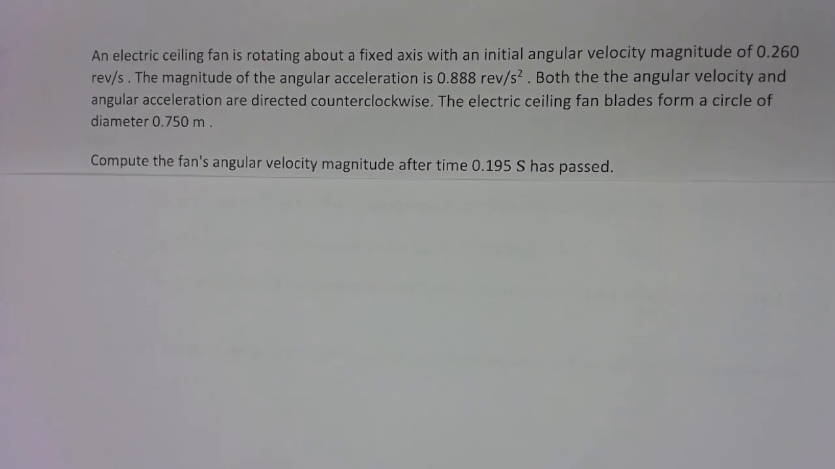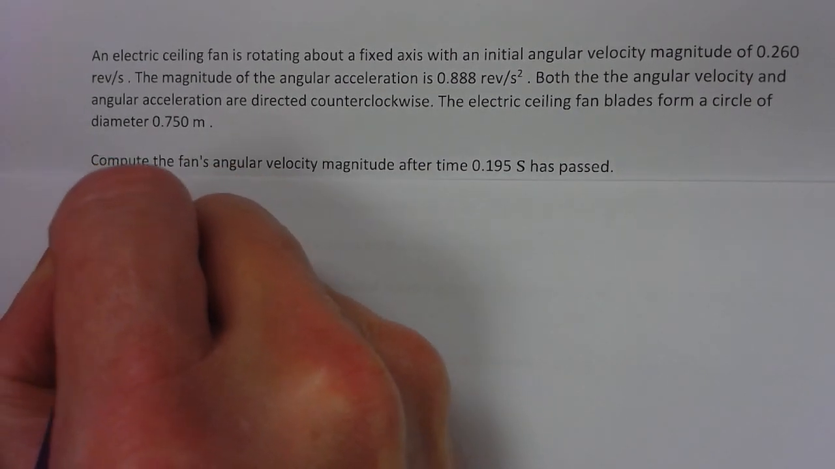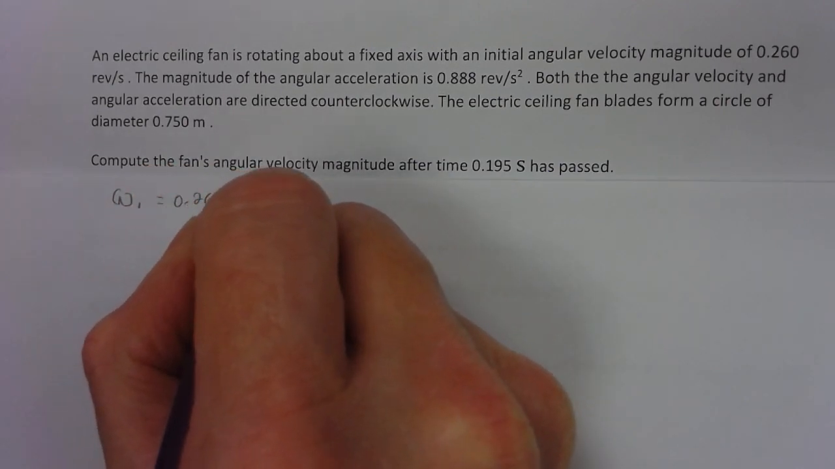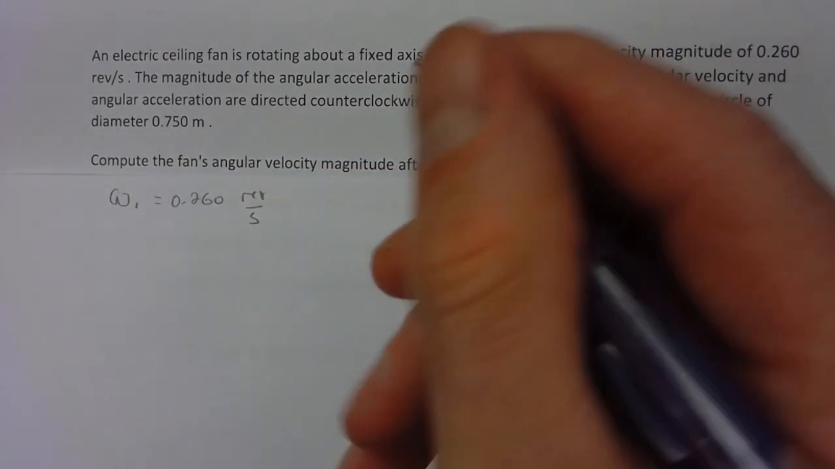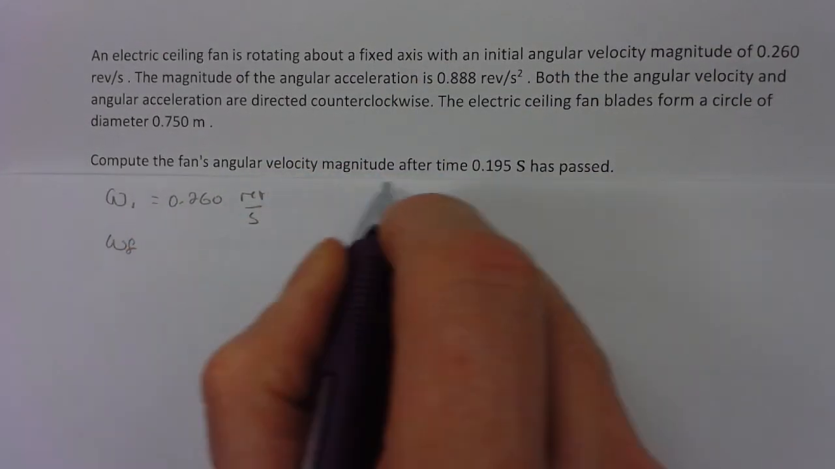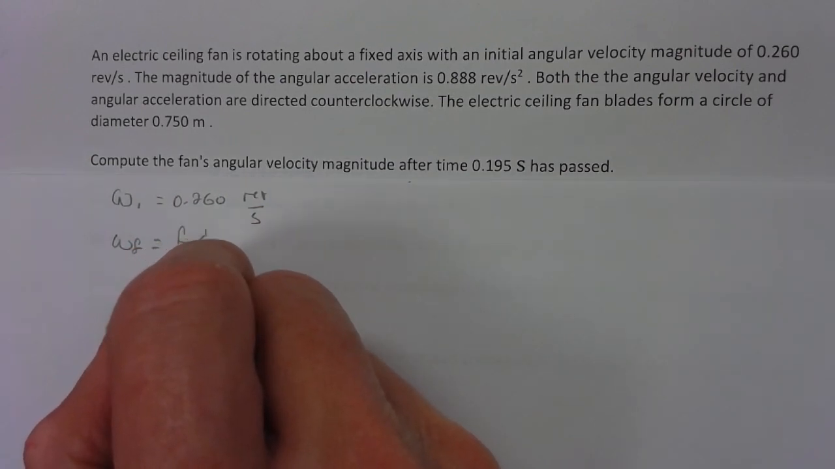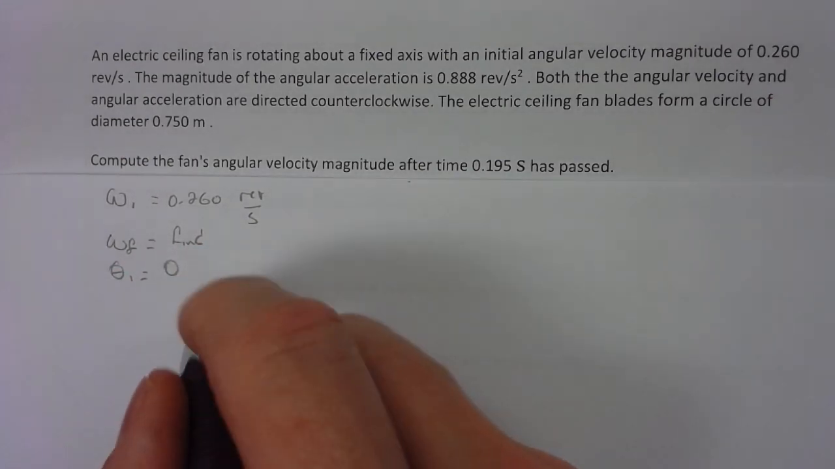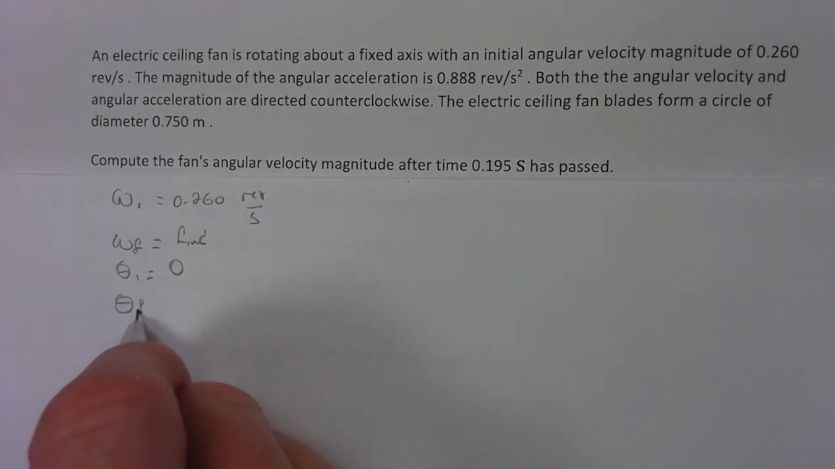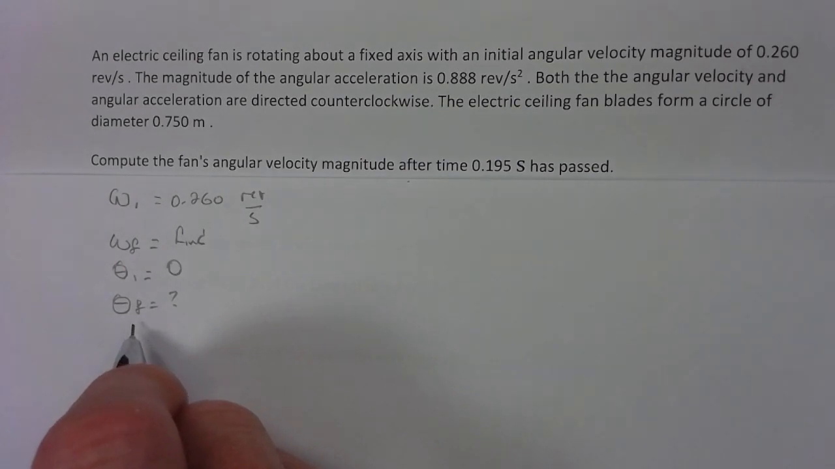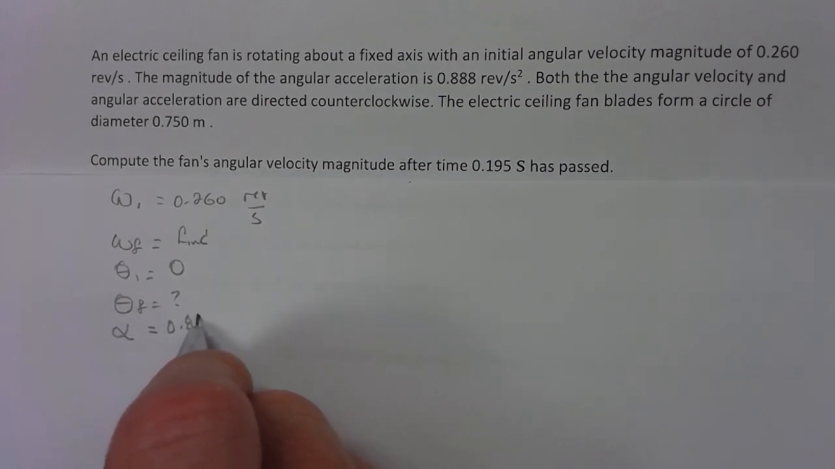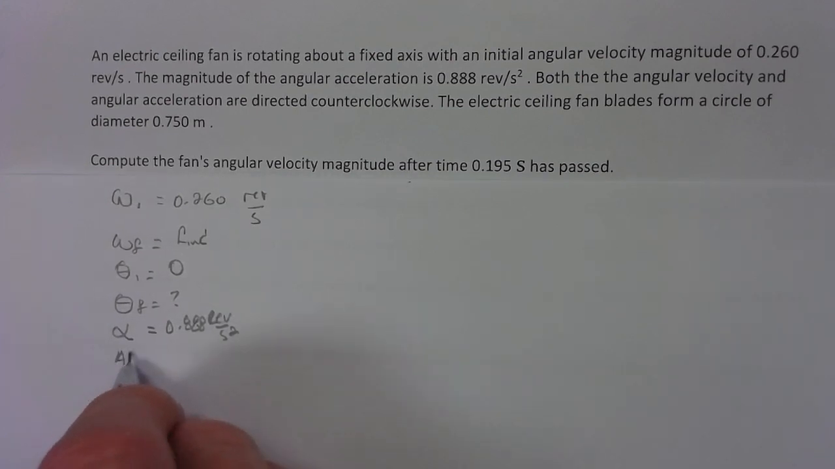All right, so let's list all the stuff we know about this part. What is the initial angular velocity? That's 0.260 revs per second. Technically that's a frequency, but we can use that for angular velocity. What's the final? Well, that's what we want to find. The initial position, we can make that 0 since they don't tell us where it starts. Final position, no idea. The angular acceleration, 0.88 revs per second squared. And the change in time,